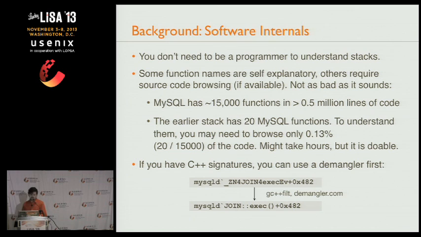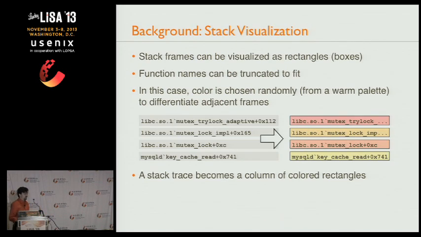I mentioned if you have C++ signatures, you can use a demangler first so that things are much more human readable. In the presentation, I know I forgot to do this for some of the visualizations because my brain has been doing this for so long. I failed to notice that something's mangled. I can just read them. As I was going through the slides, I thought, I should run these through a demangler. Normal people don't do this. So I get that.